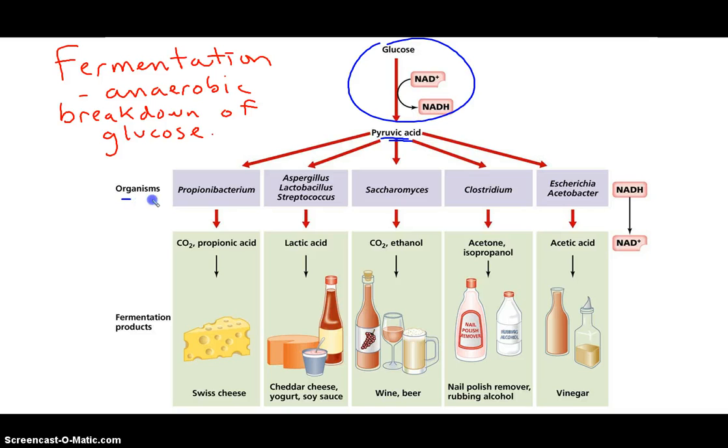And most of these organisms here are bacteria. So lactobacillus, you may recognize from yogurt. E. coli, Escherichia, right there, you may recognize. And all of these products, from cheese to vinegar, wine, and beer, are products of fermentation and the anaerobic breakdown of glucose. So one thing that I want to stress is that in these processes, after pyruvic acid, there is no additional ATP produced,